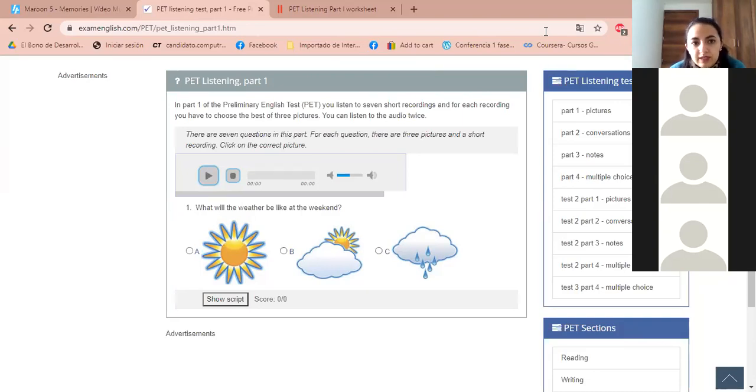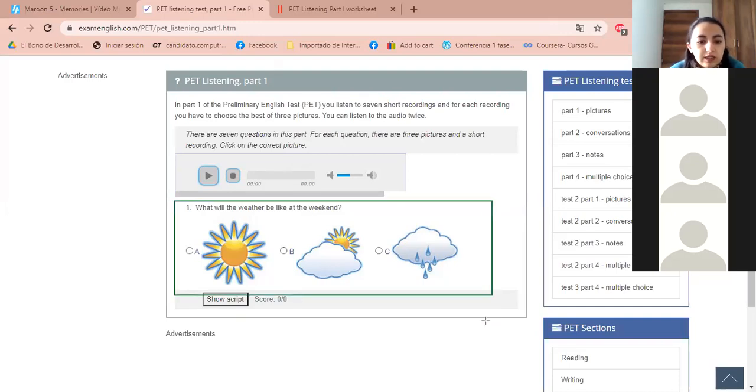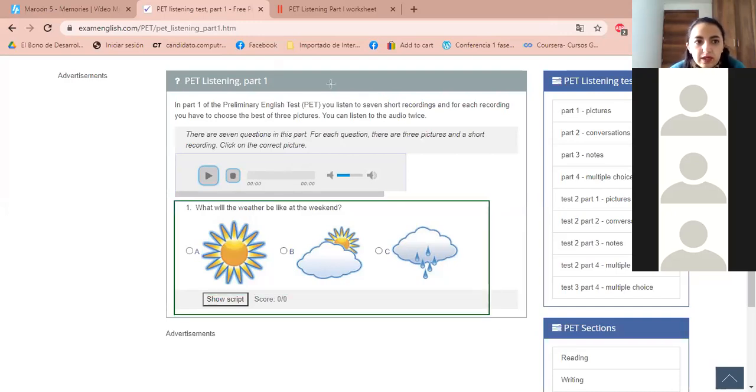In these images, guys, you're going to say it's very easy. Seguramente van a decir, facilito. Hay 3 imágenes, ha de ser facilito. But the difficult part here is that you're going to listen to all these 3 in the record. Van a encontrarse absolutamente con las 3 opciones que ustedes ven de imágenes en el audio. Por eso es muy, muy importante entender qué es lo que nos están preguntando.